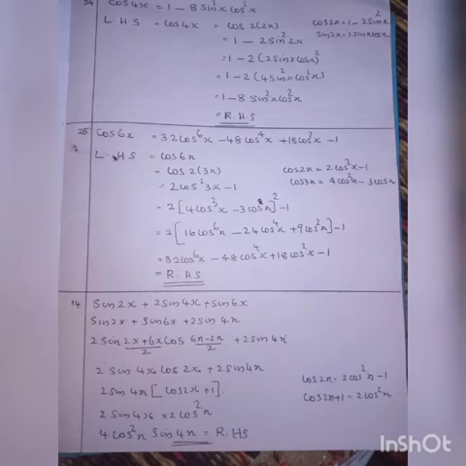Okay, here x can be taken as 6x, larger number, and y can be taken as 2x. So next step becomes 2 sin (2x plus 6x) by 2 into cos (6x minus 2x) by 2, plus the third term, no change, the same way we write, plus 2 sin 4x. Okay, so next step we have to reduce. What is 2x plus 6x? 8x by 2, 4x. So 2 sin 4x. Next is 6x minus 2x. What we have? 4x. By 2 we have 2x. So first term, what is the change? 2 sin 4x cos 2x plus last term, already no change, we are simply writing 2 sin 4x.